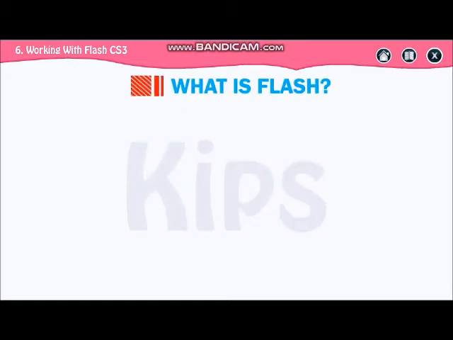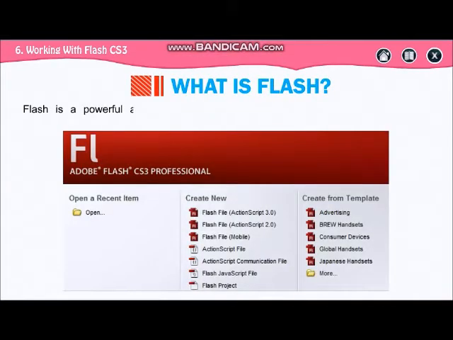Now what is Flash? You all know. Flash is a powerful animation software package now developed by Adobe Systems. First it was developed by Macromedia and then it was purchased by Adobe. Adobe Flash CS3 Professional has different types of files like Flash file ActionScript 3, Flash file ActionScript 2. These are different types of Flash files for your mobile.